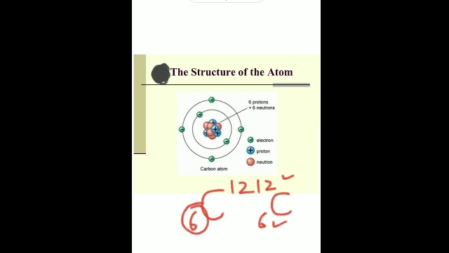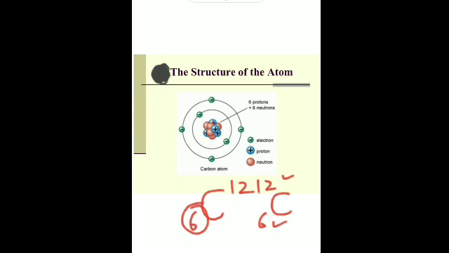So how will we write the electronic configuration? Now here the number of protons and neutrons is also given. If the number of protons is 6, then the number of neutrons will also be 6. So this is the nucleus of the atom that has been shown over here, and the protons and neutrons have been marked over here. Is it clear? So we have 6 electrons.